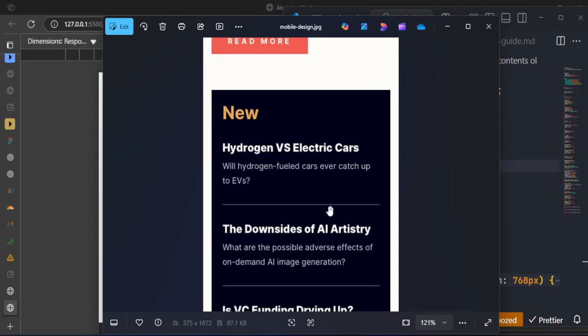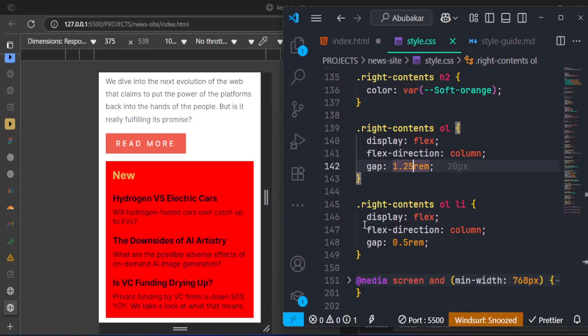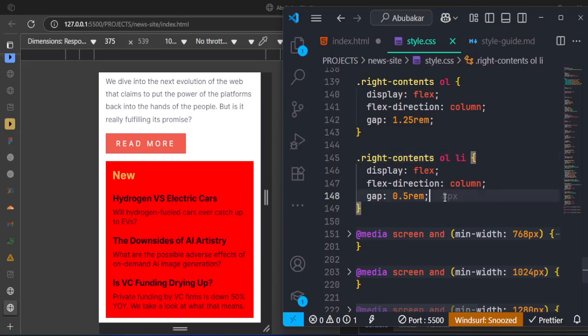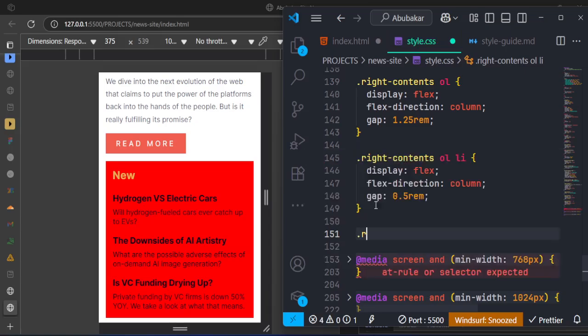Because we need to input this line. We still need to input the line, which is going to be border. Border is what we're going to use to do that soon now, which is going to be on this LI. You're going to see now. But before I do that one, so under this right content, the OL, the LI,